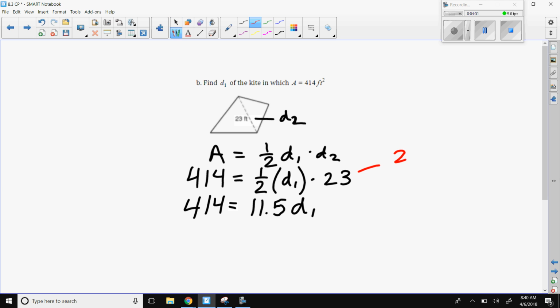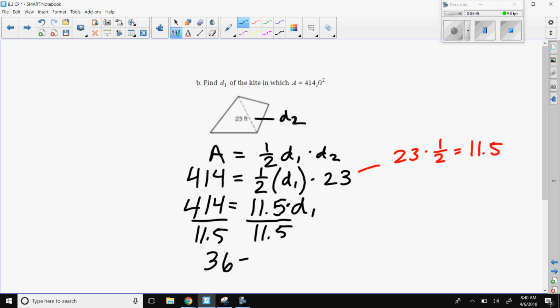what I did here was 23 times 1/2 gives me that 11.5 times that diagonal 1 still, and now I want to divide both sides by 11.5 to get 36 equals diagonal 1. Okay, and this should be actually 36, what are we using, feet? So to make sure that you have your units